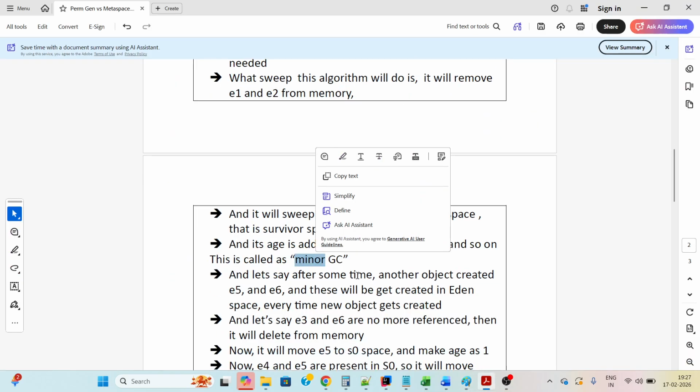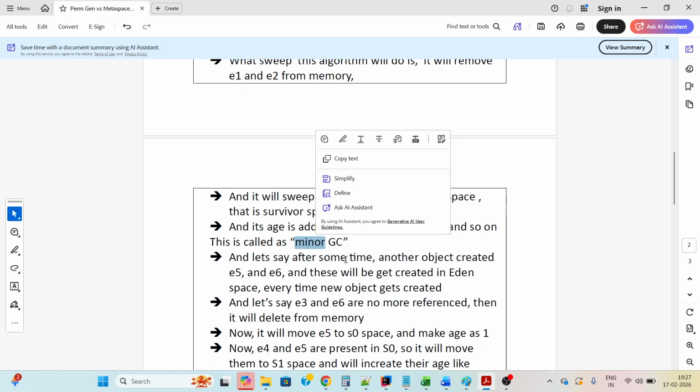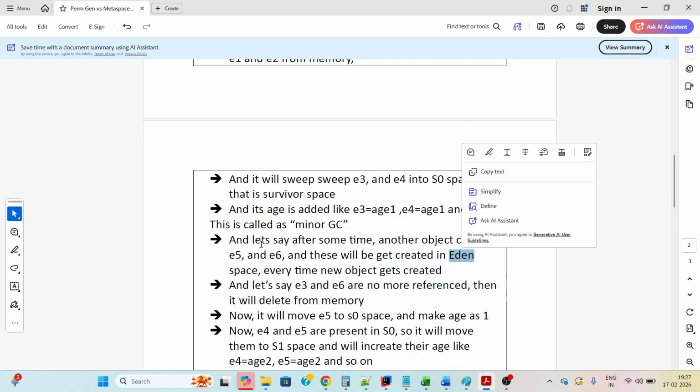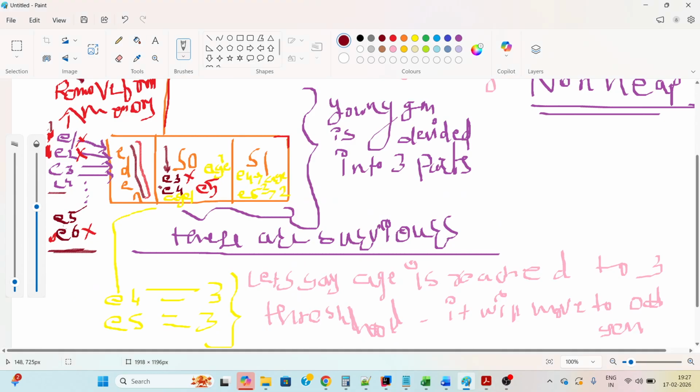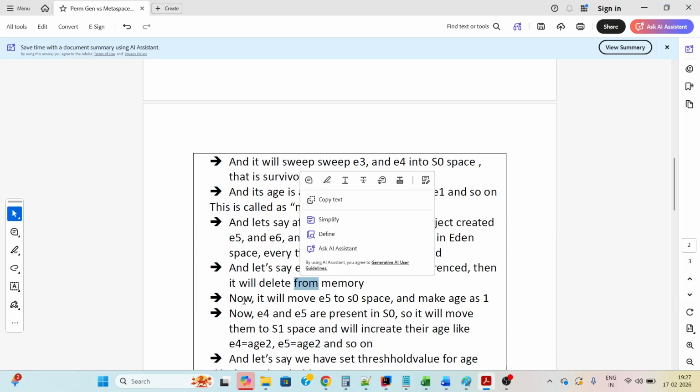Let's say after some time another E5 and E6 got created, and these will be created in Eden space. Whenever a new object is getting created, it will be created in Eden space. And let's say E3 and E6 have no more references, so we have marked them using garbage collection, and they will be deleted from memory.